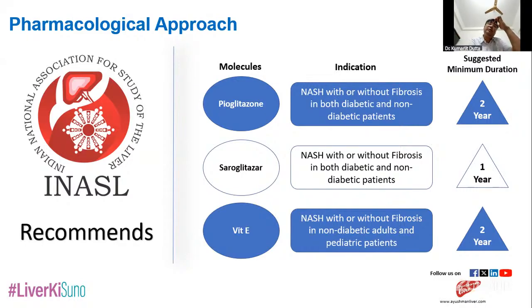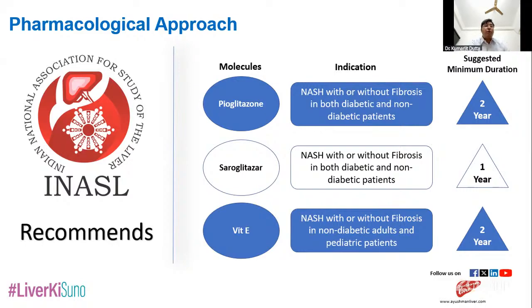Now, another molecule, saroglitazar, has shown significant promise to treat NASH with or without fibrosis. It should be taken 4 milligram daily, particularly before your first meal of the day, and it should be continued for 1 year, and that will show significant resolution of NASH. All this medication is indicated along with your lifestyle modification, your exercise, your diet, cutting down your sugar level, your simple sugar level, and your other